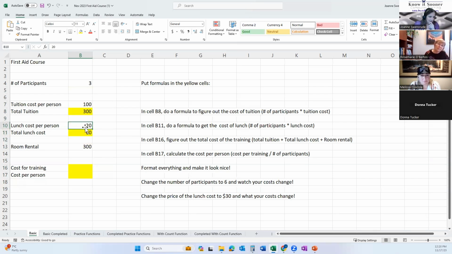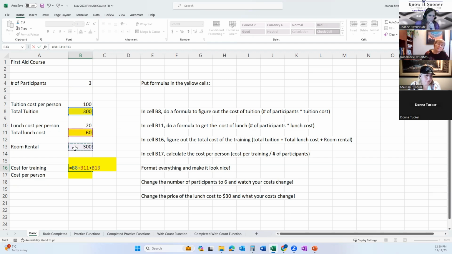We don't want that 20 in there, right? So what we're going to do is add the 300 and the 60 and the 300: equals 300 plus 60 plus 300. Now that's about the maximum number of things that I would put in there.